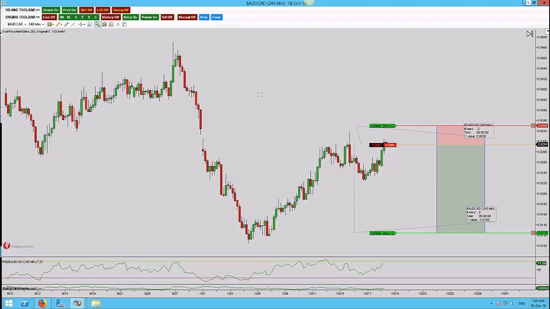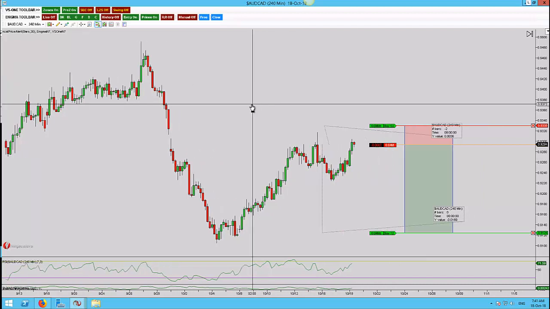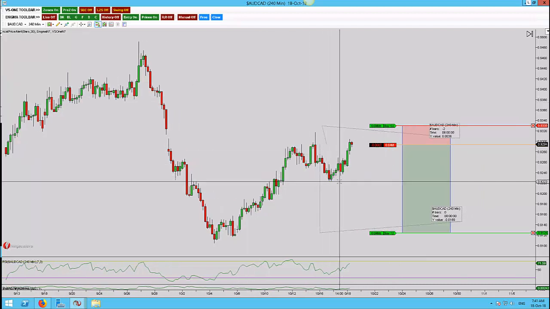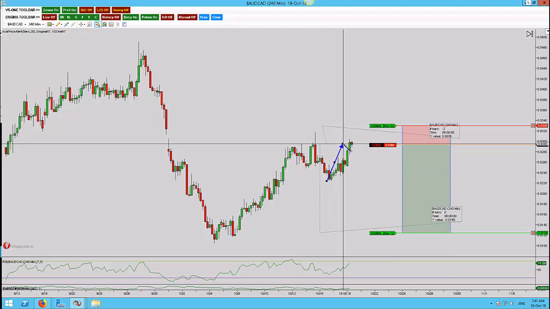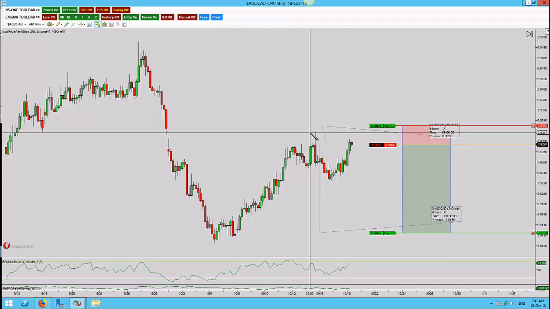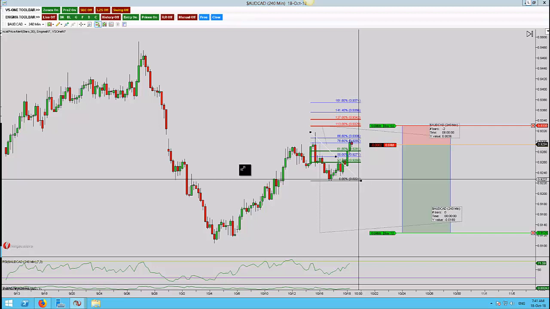This is the AUDCAD 240 time frame, and this is a double top that we've had. We've broken structure just here, and now what we've done is we've pulled back up for what's called a 2618 trade, and all that is we look at selling the 618 fib. However, in this instance I didn't sell the 618 fib, but what I am going to do is just leave